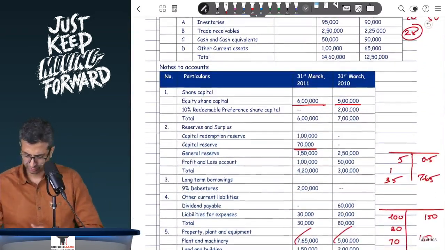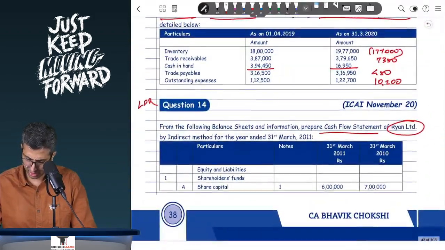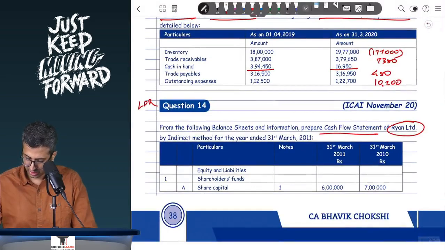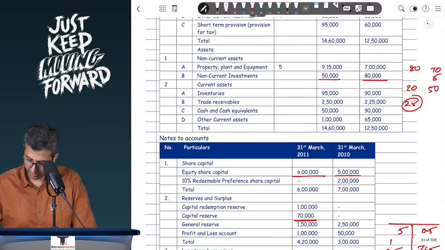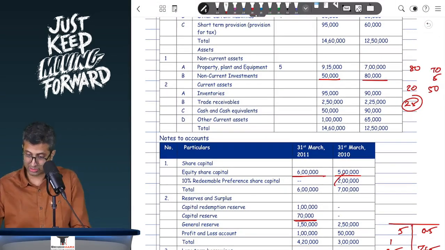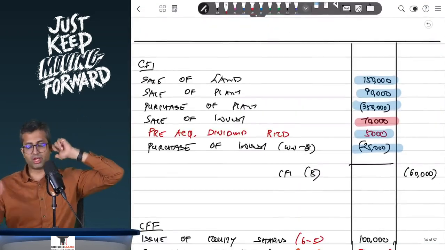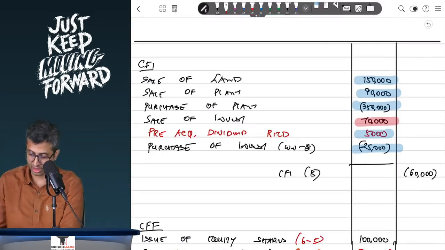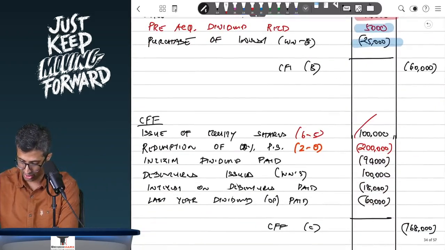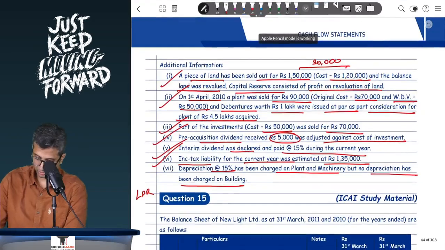So now when we go to see the question over here, you have share capital 6, 7 say 6, and that is preference shares getting redeemed and new equity shares being issued. So over here you will see there will be maybe a 2 lakh redemption, 1 lakh issue of equity shares. So there is a reduction in capital base. There may be a CRR of 1 lakh which is created. So over here issue of equity shares 1 lakh, redemption of preference shares 2 lakhs. Okay,